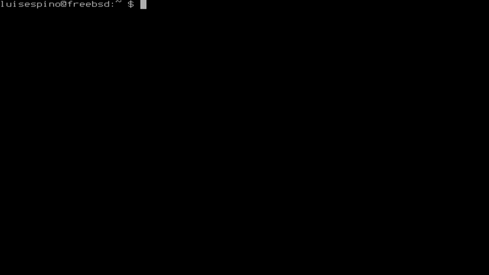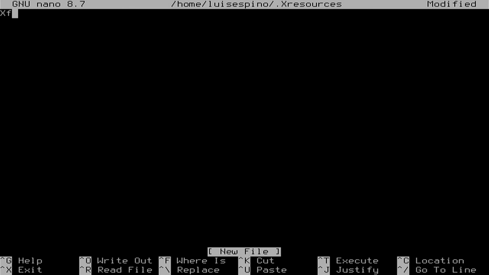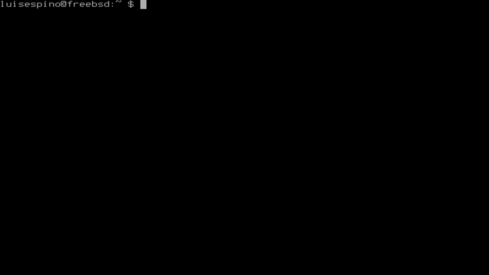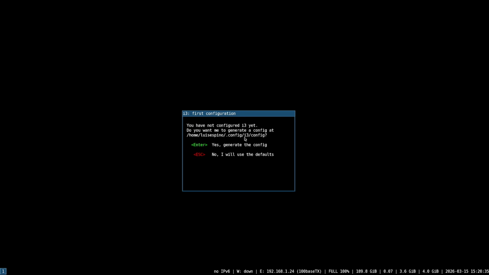Edit the .Xresources file in your user folder with Nano. Inside, you must write Xft.dpi: 140 or whatever you want now. Save and exit. Now run startx again, and you will see that the scaling provides good visibility of the entire